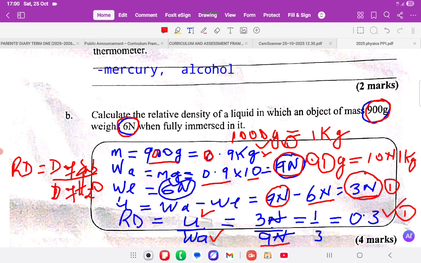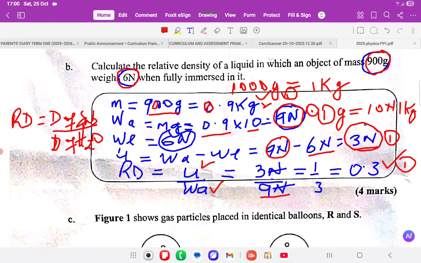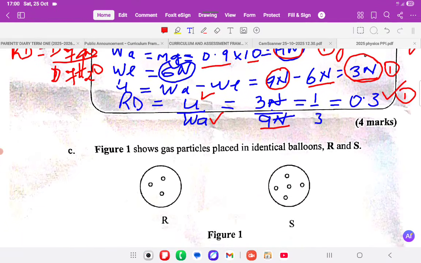All right, I hope we are good on this. So far so good. So we already have 6 marks. All right, part C,